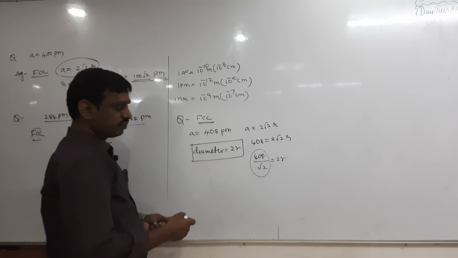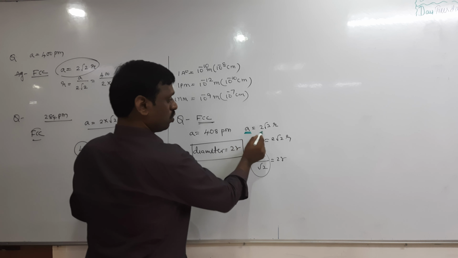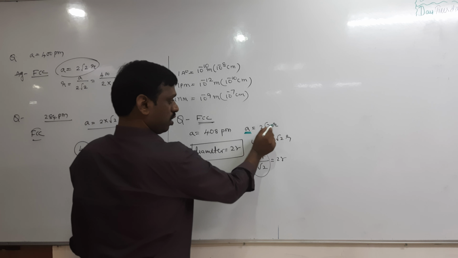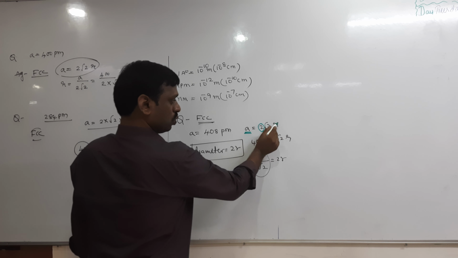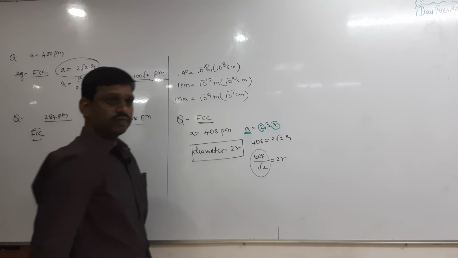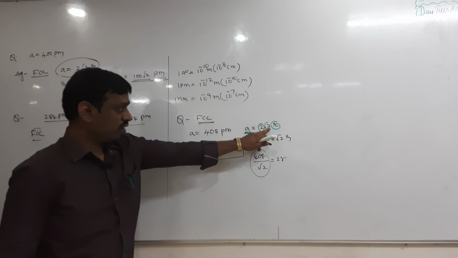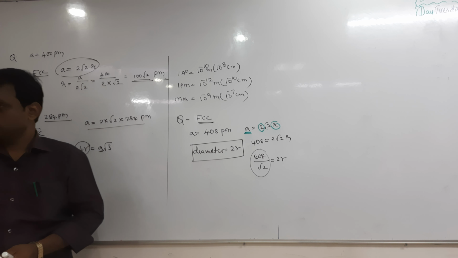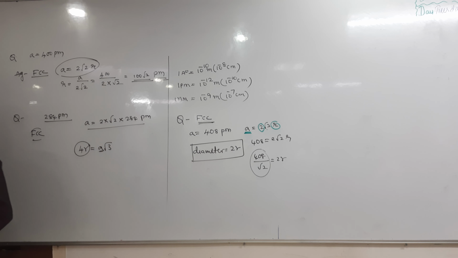From this formula, A equal to 2 root 2 r, we want 2r, so transfer root 2 to this side. Get it now? Next,